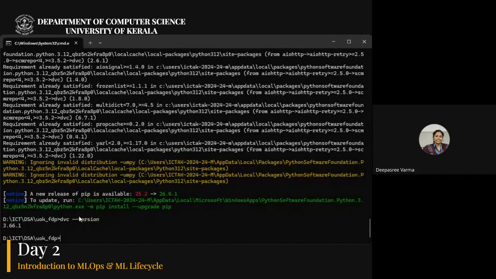If DVC is installed correctly, it will show you the version. Okay, done.